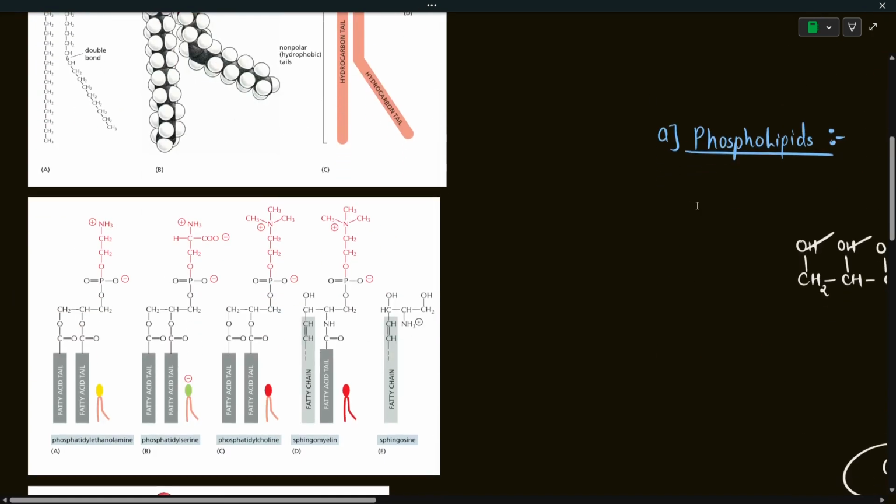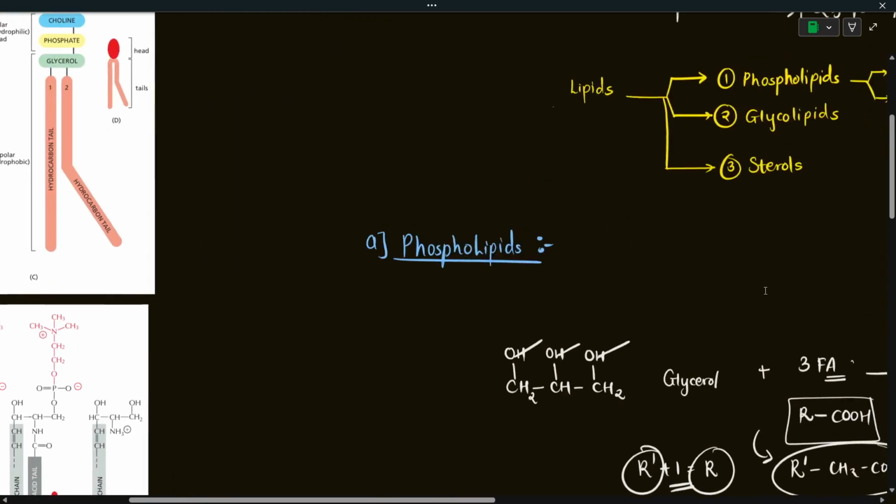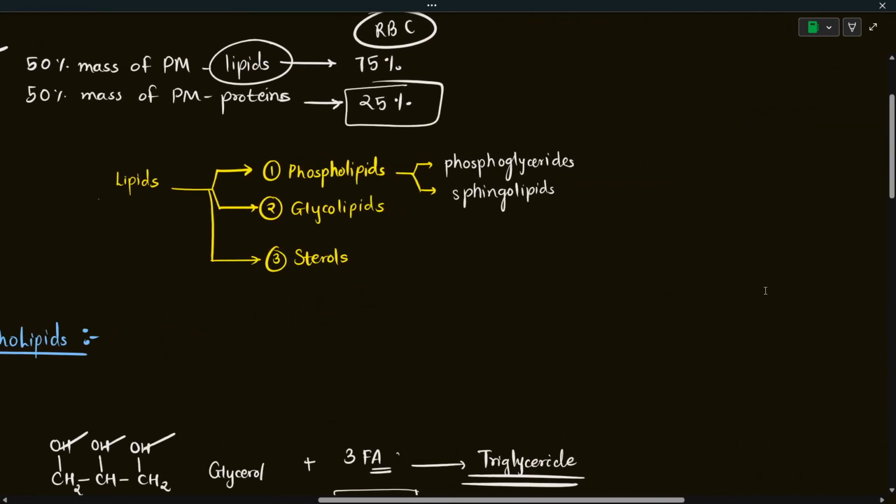Okay, so there are other phospholipids such as phosphatidylethanolamine, phosphatidylserine, phosphatidylcholine, sphingomyelin, and sphingosine. We are going to discuss that later because we are separating them in a sphingolipid category, even though both of them are phospholipids. So let's just extend this map, so lipids have phospholipids, glycolipids, and sterol. Three different types of lipids are present on the plasma membrane, in which the phospholipids are categorized into two categories: